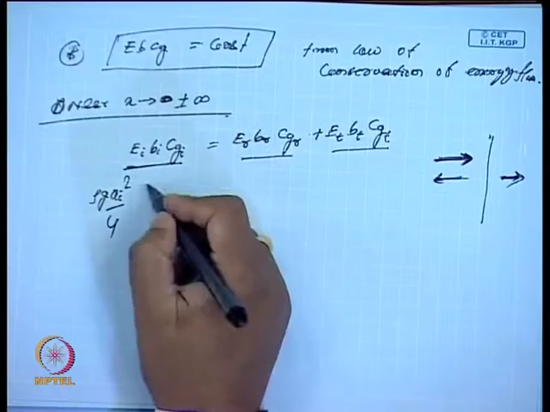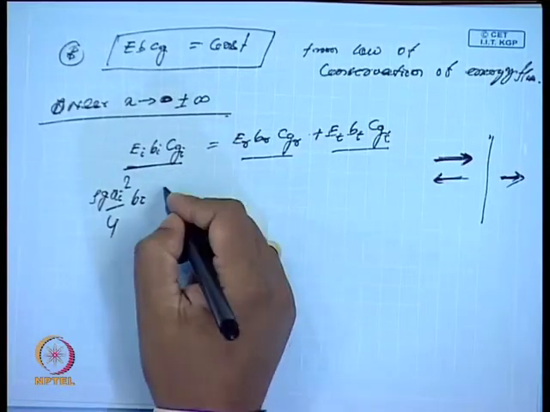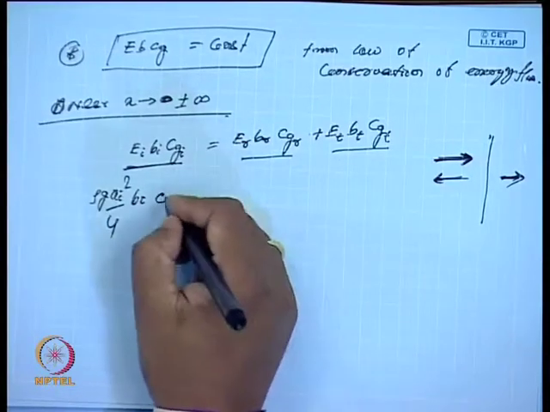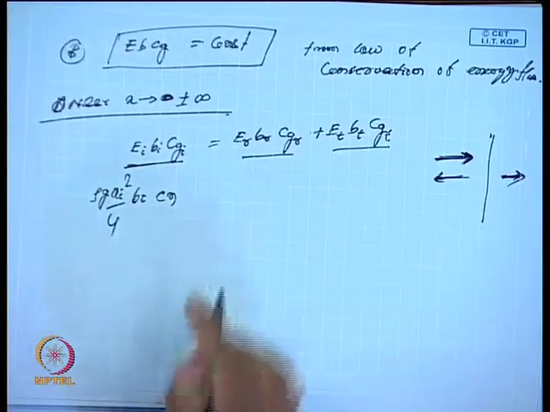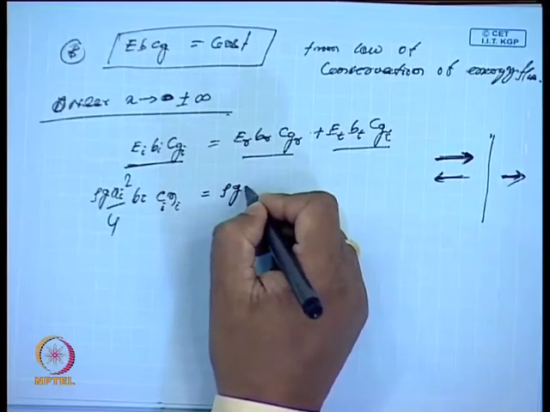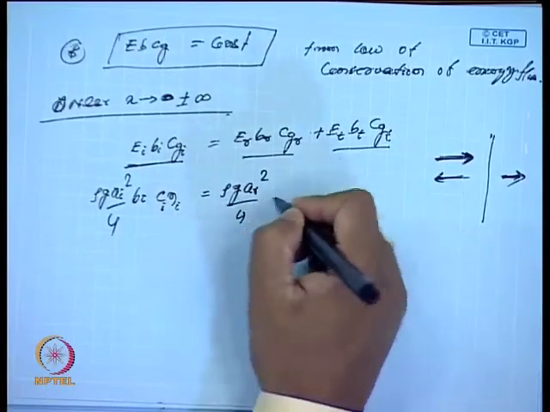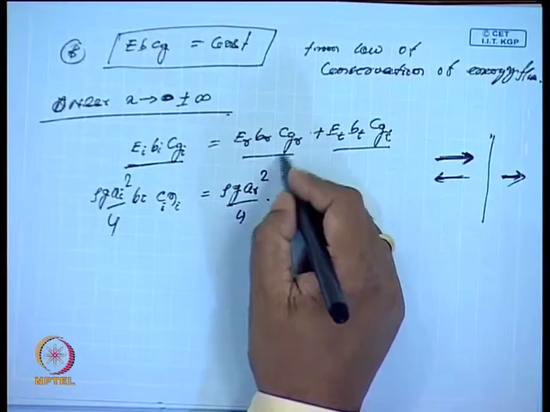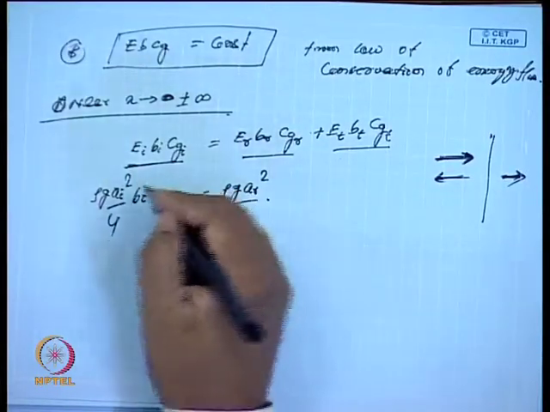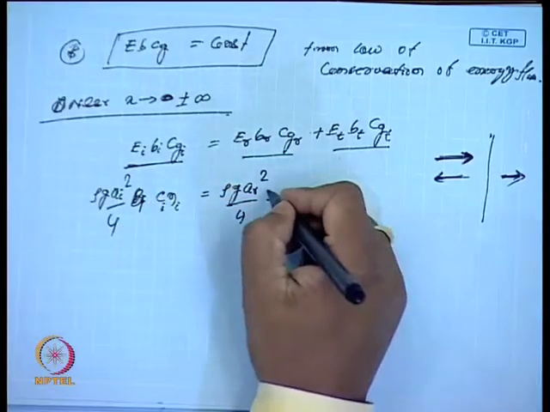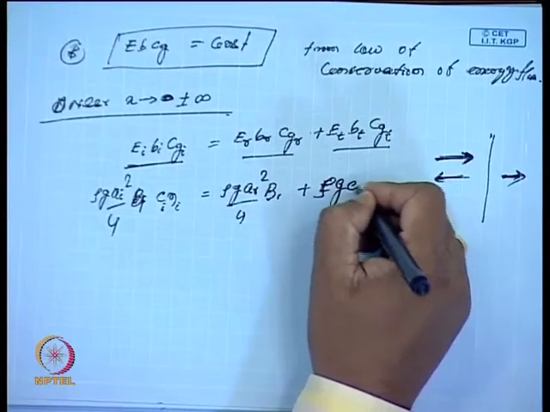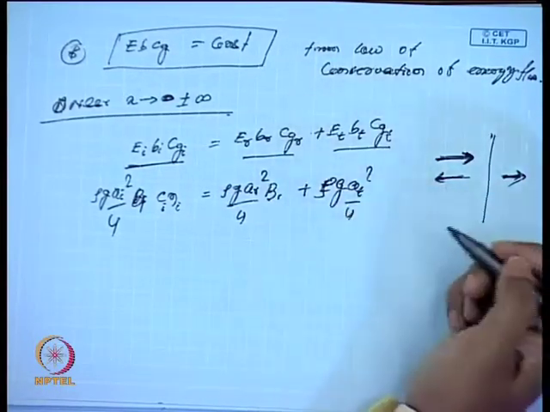That will give me B_I into C_G_I, which is C_n, equal to C_I n_I, equal to E_R, which is rho g A_R square by 4, into this side the depth B_I, which is the same as B_R. I am using the notation B_1. So this will be B_1, and this will again be B_1, plus rho g A_T square by 4 into